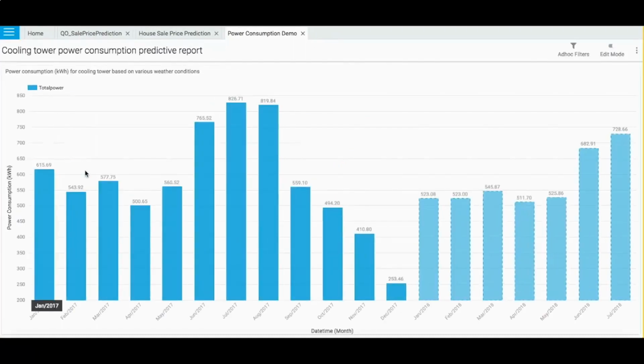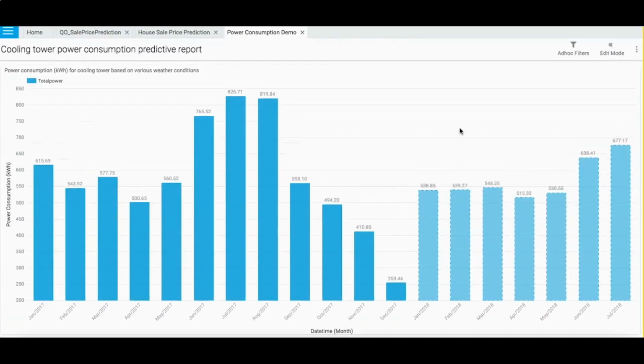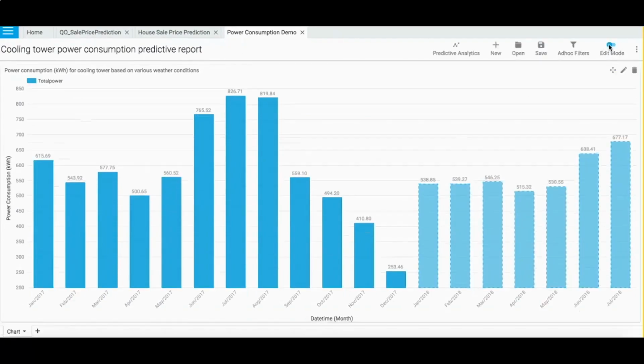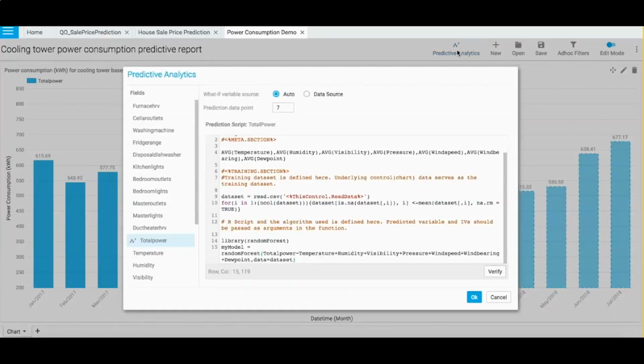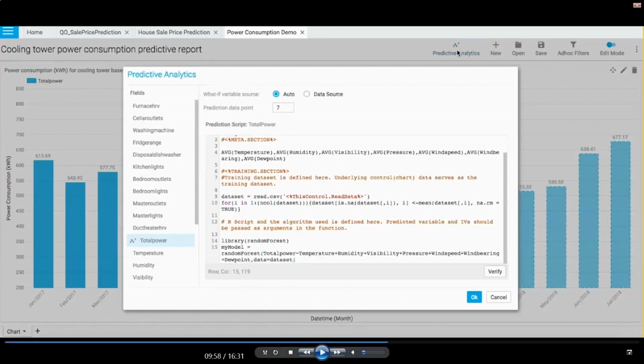So this report is designed on a monthly consumption total basis. It's transactional data, so it could have been designed for daily, weekly, or quarterly basis. Now, if you look at the prediction analysis screen here, the prediction model, the algorithm, is being selected here.